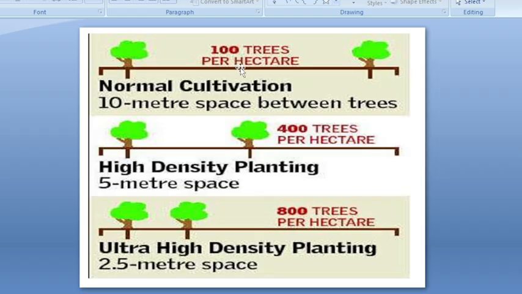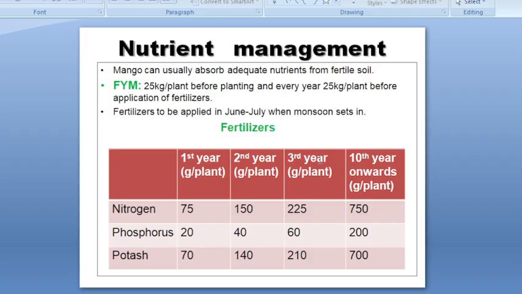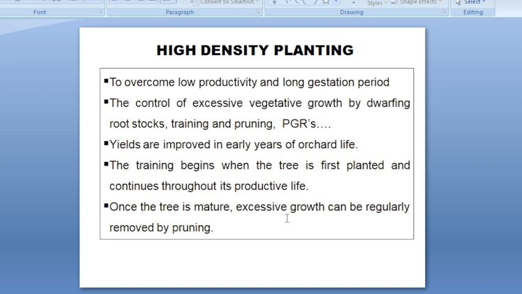So you can see normal cultivation, high density planting and ultra high density planting. We can accommodate 400 plants in high density and around 800 plants in ultra high density. After planting, what other cultural aspects do we have to follow? We have to irrigate regularly, at 10 to 15 day intervals, and apply fertilizer based on the age of the tree. From 10 years onwards, 750, 200, 700 grams of NPK constantly, and 25 tons